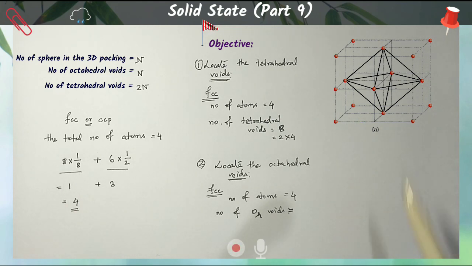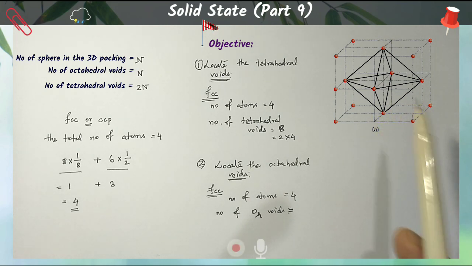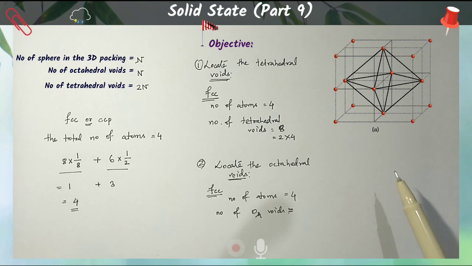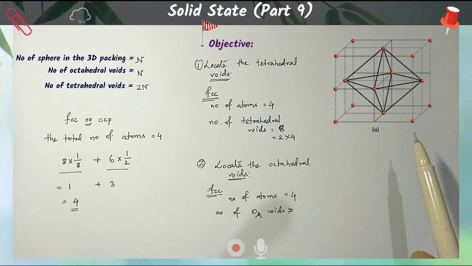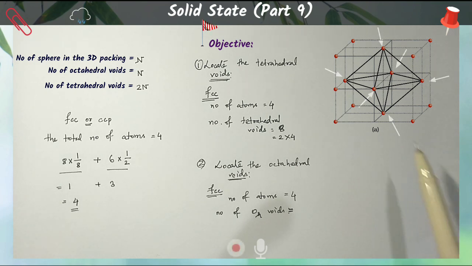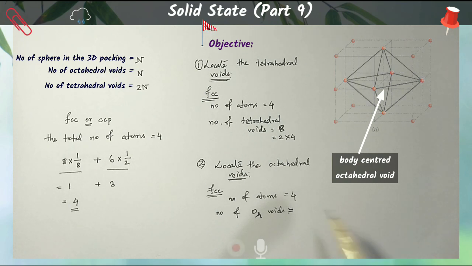Here two figures are there, figure 2.A and 2.B. If you look at figure 2.A, you see how many constituent particles or atoms are present at the center of each face. There are 6 now. If we join these 6 atoms using lines, we will get a regular octahedron. This is nothing but your octahedral void. That means one body centered octahedral void will be present first.